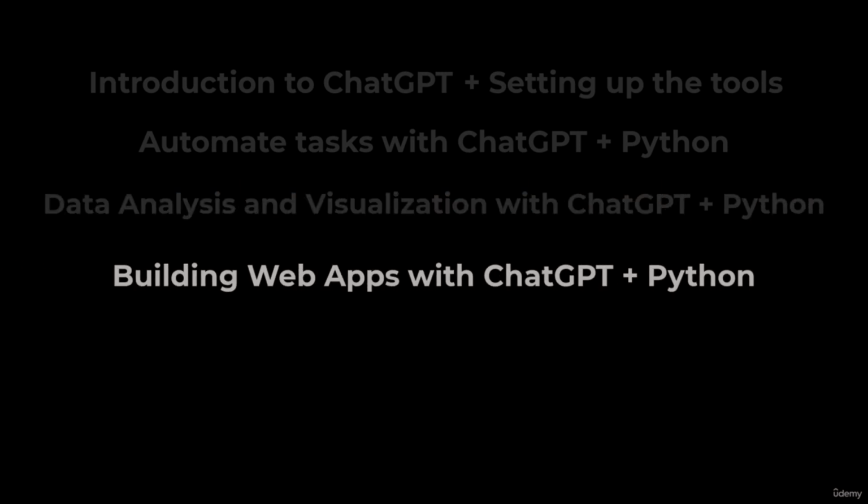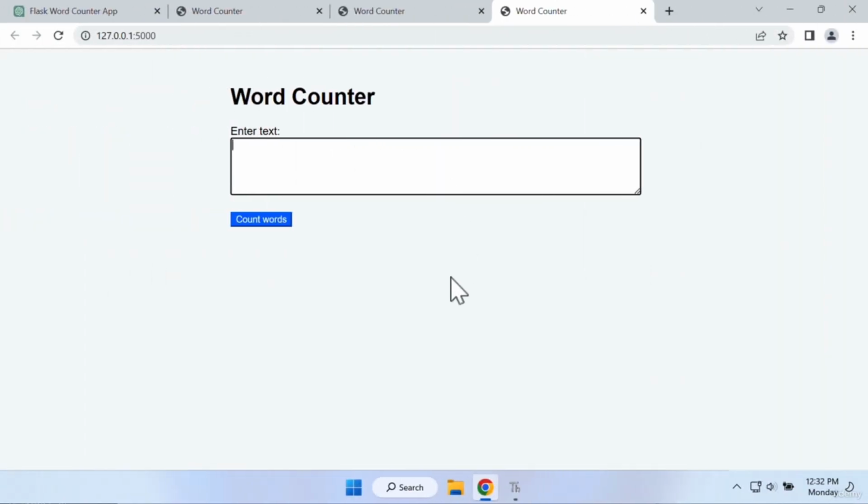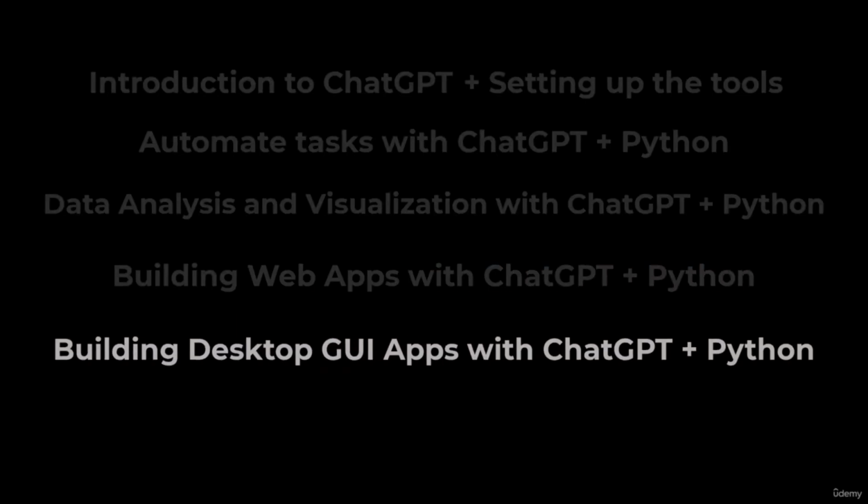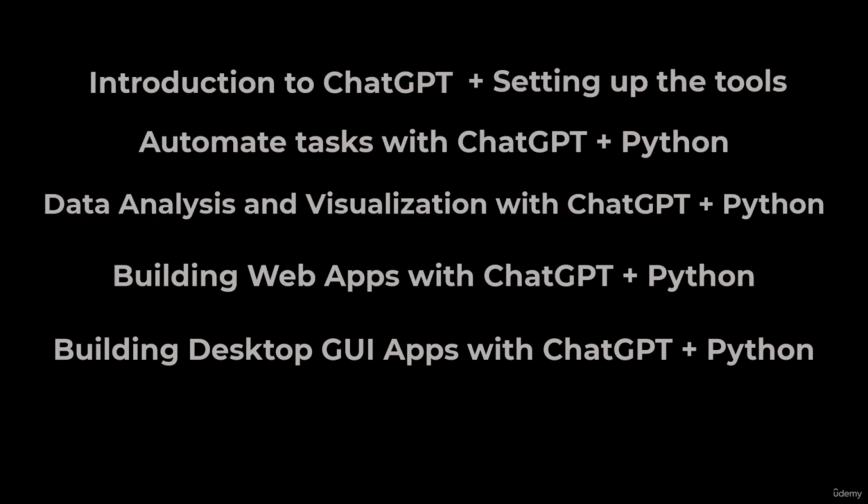After that, you learn how to build web apps and then desktop GUI apps. So basically, you learn how to build all the popular types of programs using ChatGPT and Python. With 5 comprehensive sections, you'll get hands-on experience building real programs, and by the end of the course, you'll have the skills to write accurate queries for ChatGPT to communicate accurately with ChatGPT so that you can get working Python